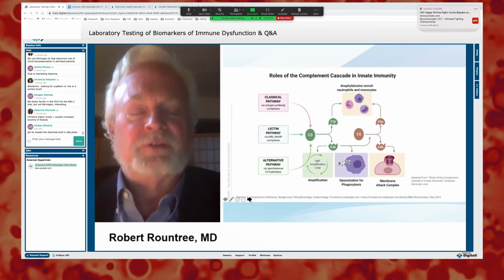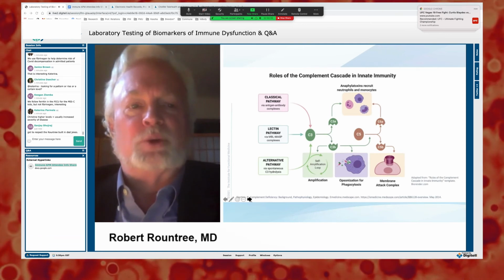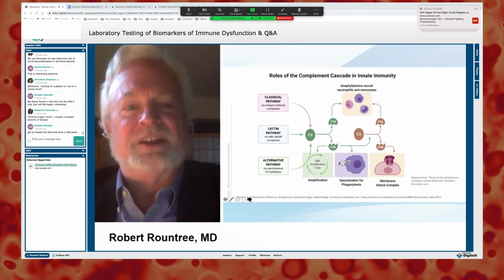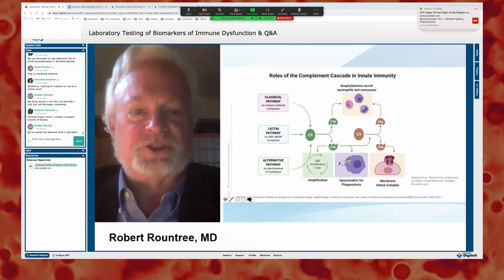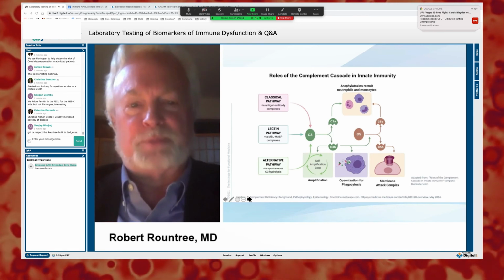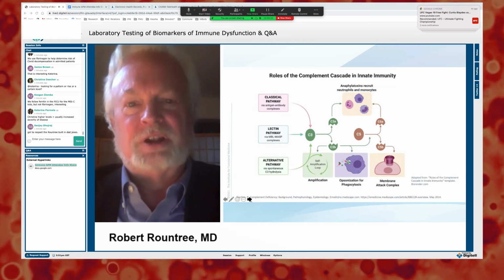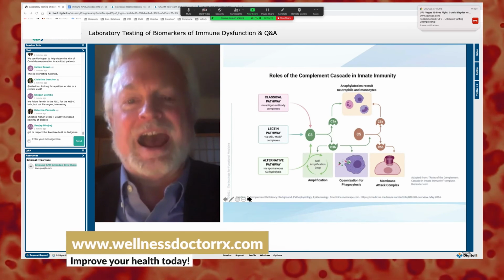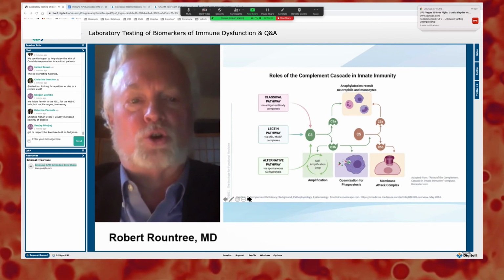So here we see on the left, the kind of classic three pathways. The one that most people are familiar with is the antigen antibody complexes. So if a person is having an immune response, and the best known example of this is in lupus, the antigen antibody complexes will react with C3. C3 breaks up into C3a and C3b, split products, and then those will recruit neutrophils and monocytes. Okay, so we're going to get activation of other innate immune cells, and that's going to turn on the whole